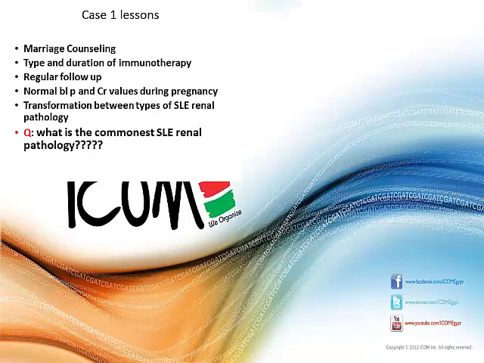And regular follow-up is absolute, because with the regimen that I used early on, this patient could have RPGN and big trouble if we are not following those patients. So that's very important to take home. The transformation between types of lupus is very common, and you should learn a little bit about the effect of the immune system and the change from one form to the other. This is not uncommon, and pregnancy will tip a change in lupus from one stage to the other.